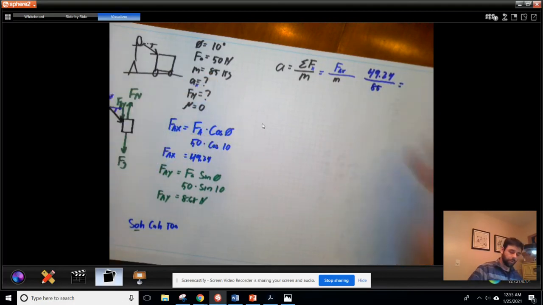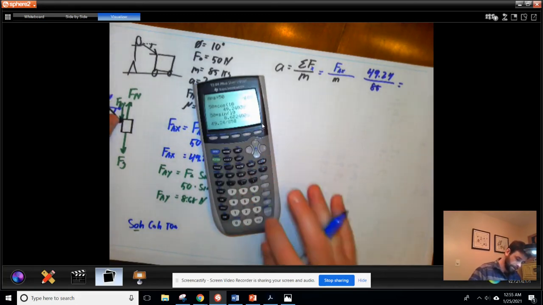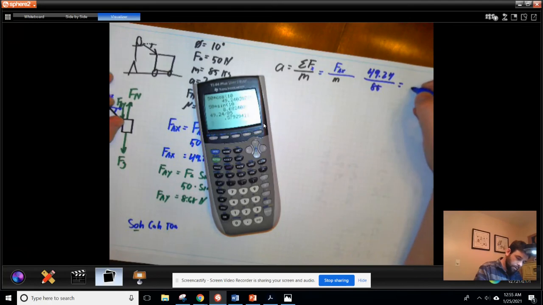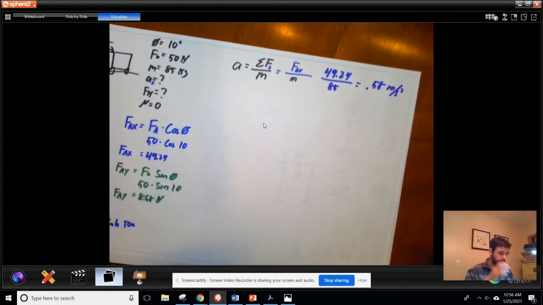That's going to be equal to an acceleration rate of 0.58 meters per second squared. Okay, so that's going to be the acceleration rate you see with your cart as you push it down the